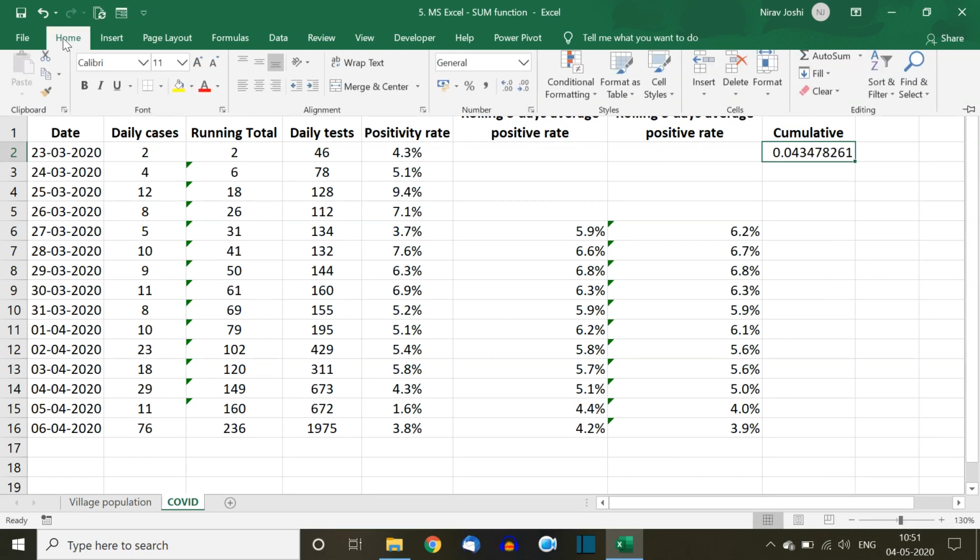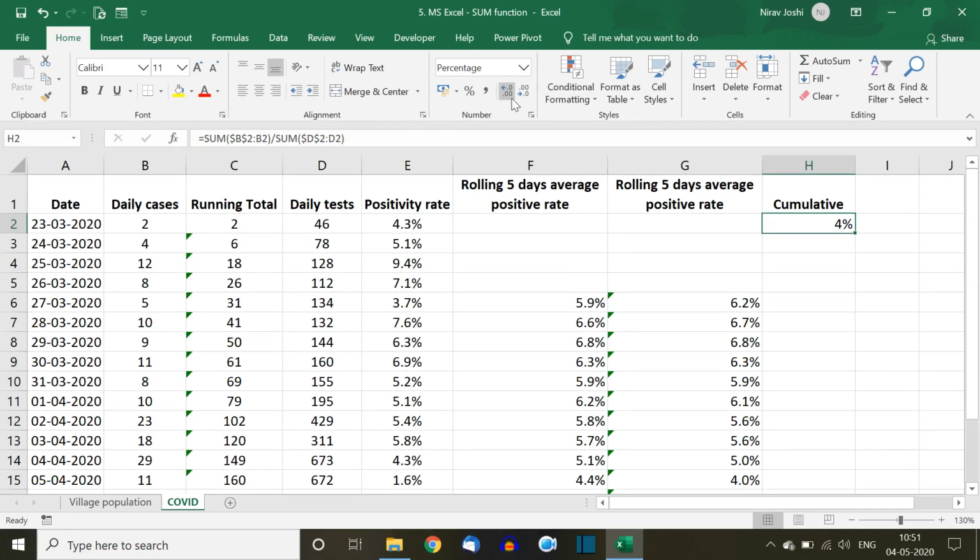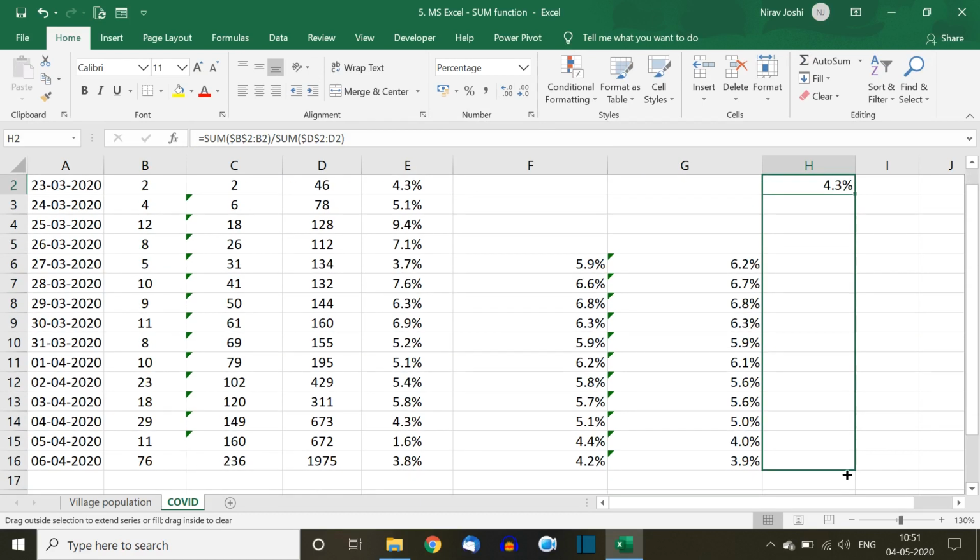After that we can simply convert that number into percentage, fix the decimals and drag it down.